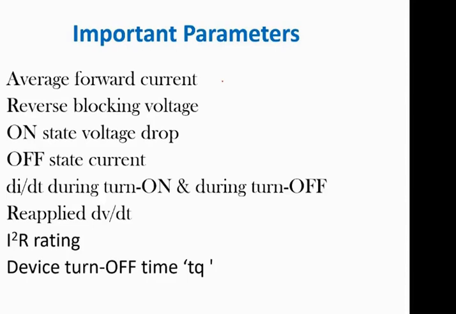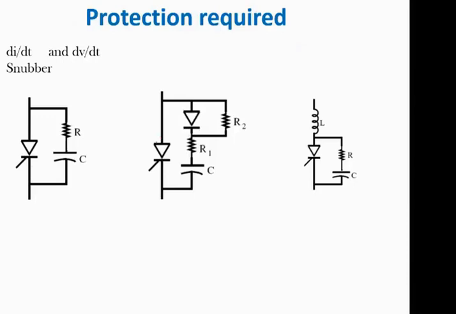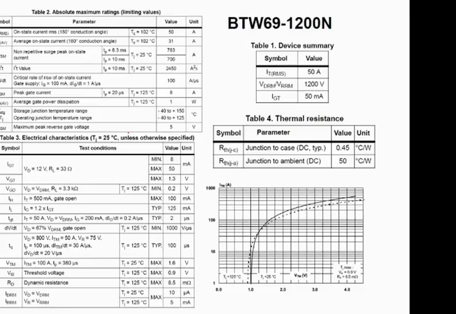The important parameters are similar to your diode case, so I'm not going into that again because most of them are the same, so you can go through them. The snubber circuit we'll discuss in some other class, how to select these values. And similar to the diode, again you have to go through the data sheet. You have to see this I square T rating. You have to see this TQ. How much current can the device take? What is the voltage and current rating? Before you apply them to a particular circuit, you have to check their suitability. So all those things, please go through the data sheet and check from there.